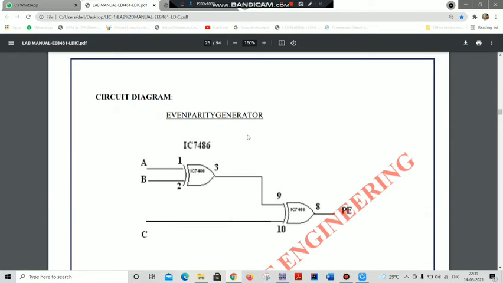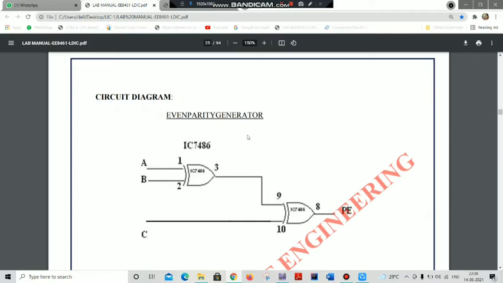This is the circuit diagram for it, and here also we need an XOR gate. In a single IC itself, we can give the 3 input bits through pins 1, 2 and 10, and get the output at pin 8 of the XOR gate 7486.